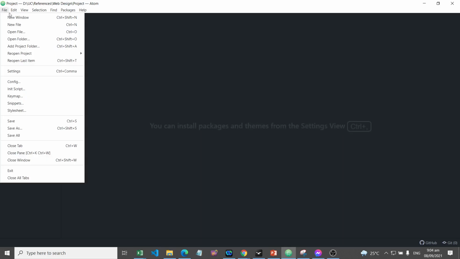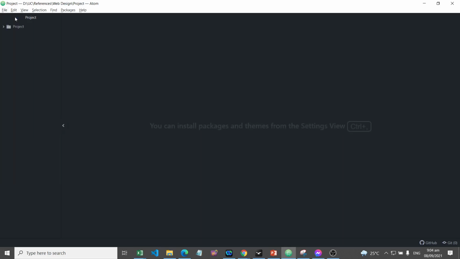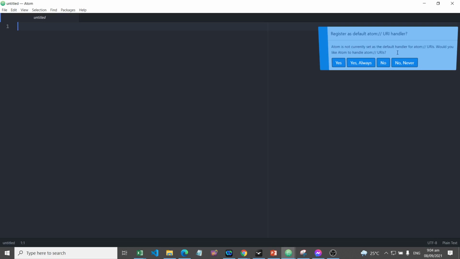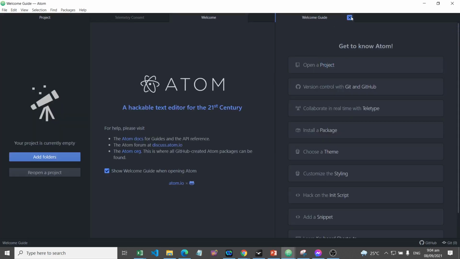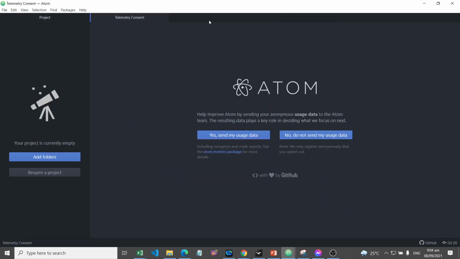In continuation to working with lists in HTML5, let us have here the navigation list. For the demonstration, we are using the Atom editor, in which we're going to open a new window. We will just fit these